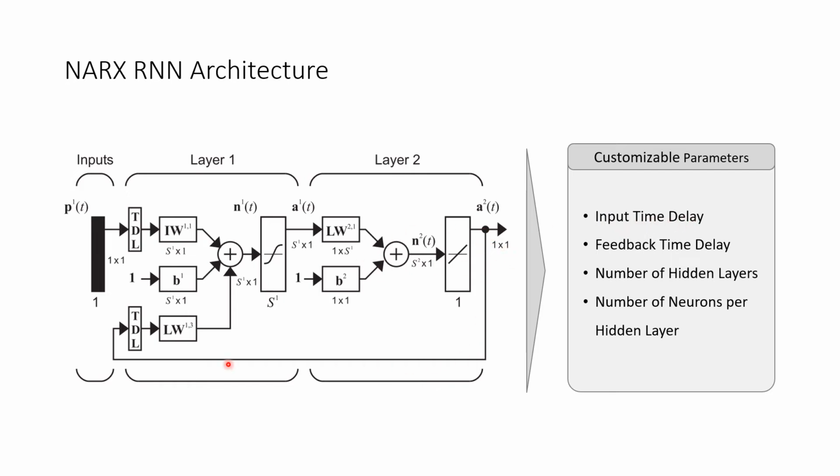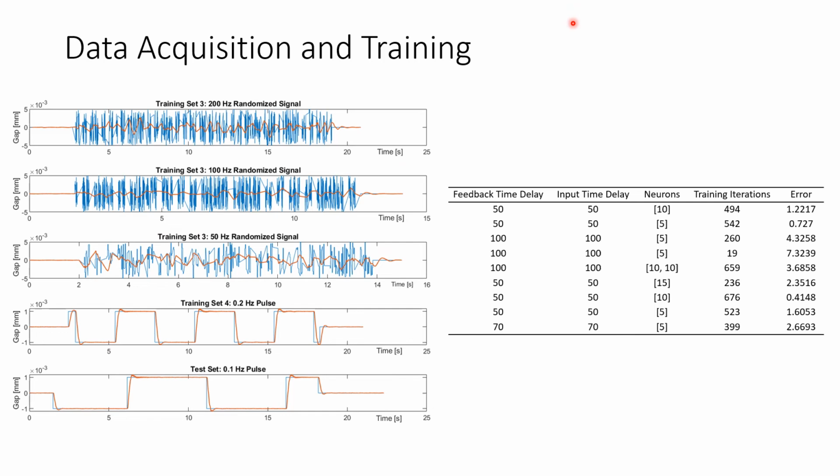And because we have a feedback loop in here, this network becomes a recurrent neural network. That's why we call it the NARX RNN. And by the way, NARX means, of course, nonlinear autoregressive exogenous, and is actually used very much in time series predictions, also in sectors like finance. So these are the parameters that need to be optimized, and in this slide you can see the data that